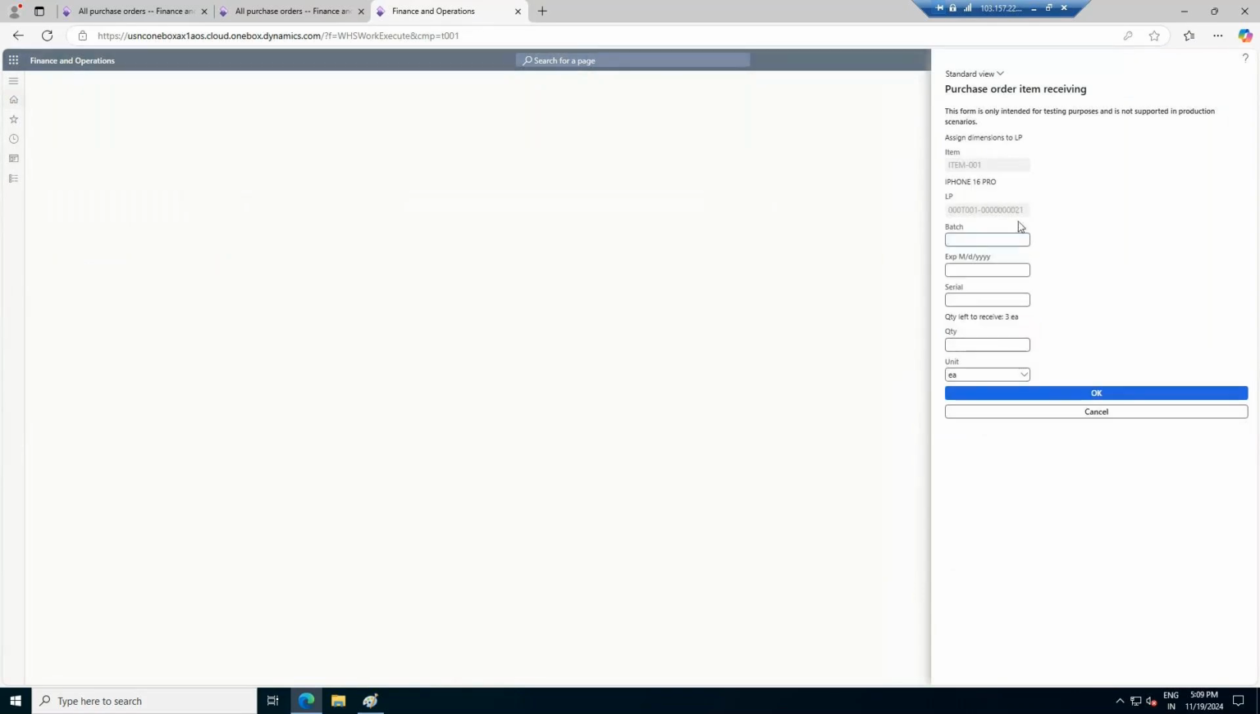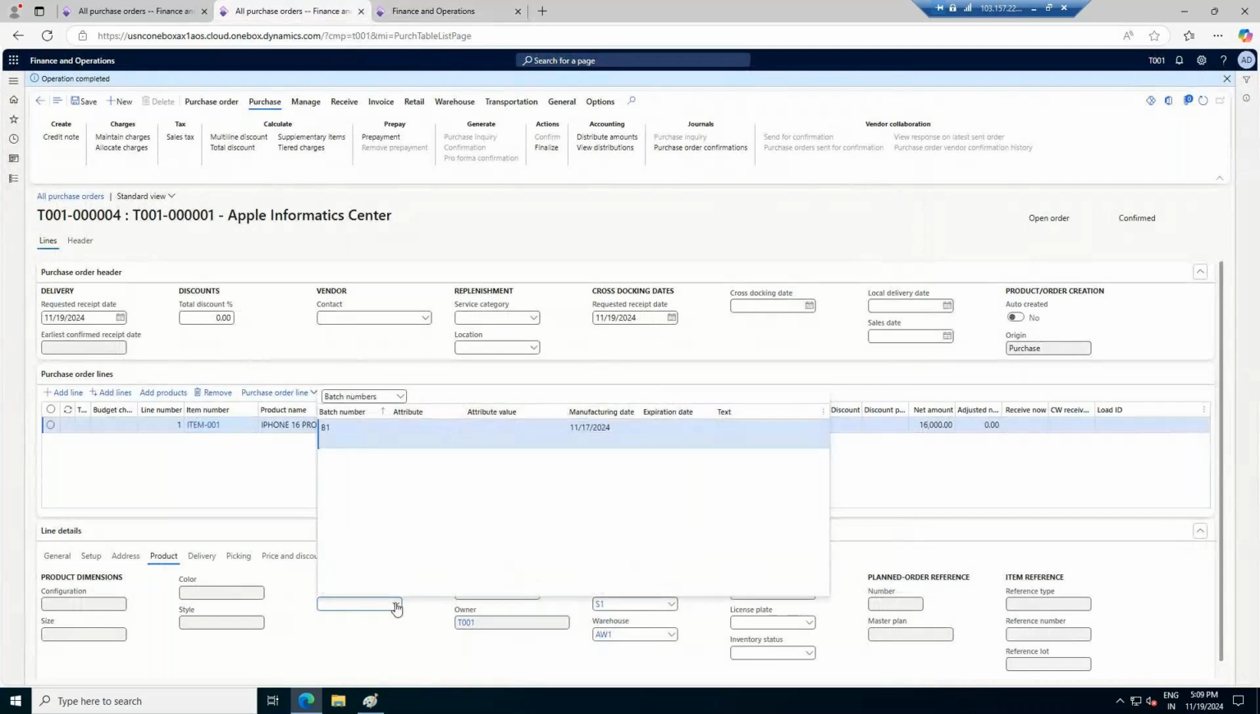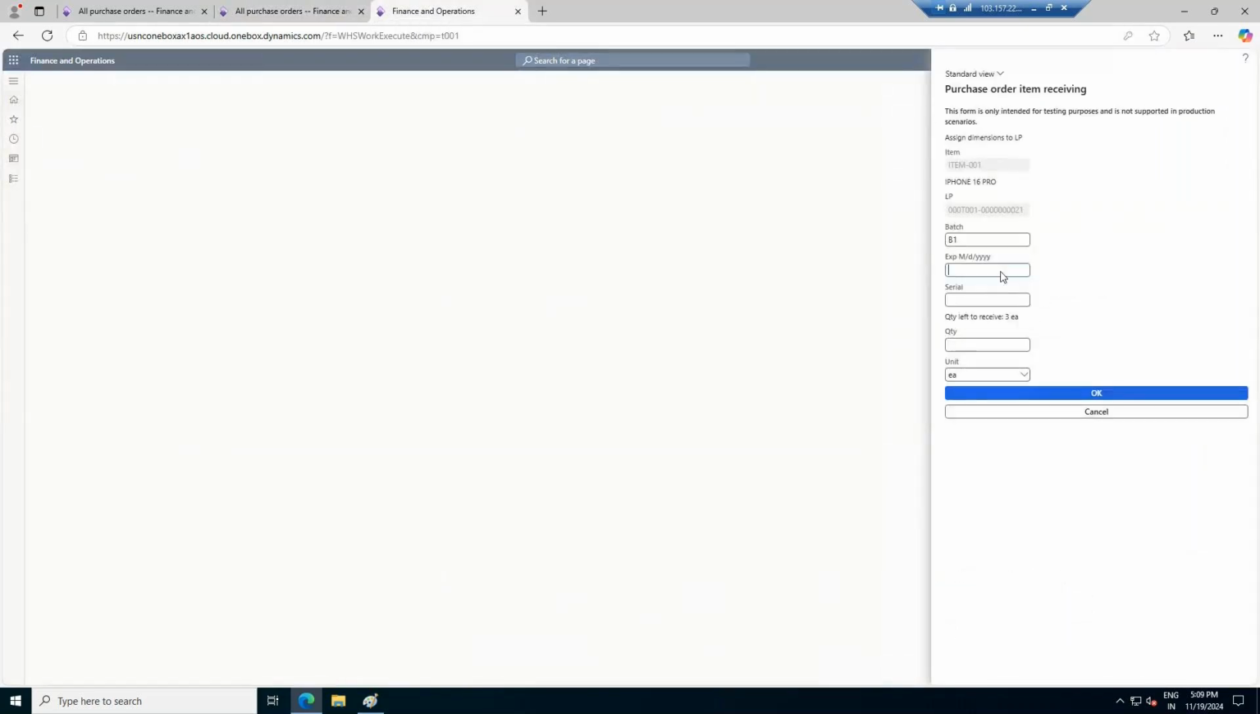Once it is clicked on the OK, system will ask you for the batch number. So batch number we will give B1. This is already created over here. Okay, so this is the batch number. So here is the batch number. Okay, so batch number is done. Then expiry date,